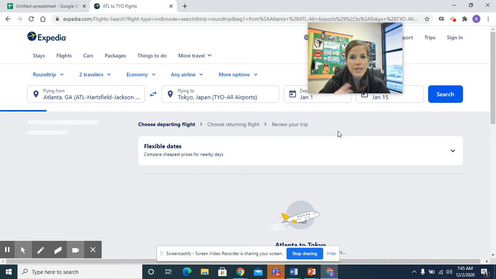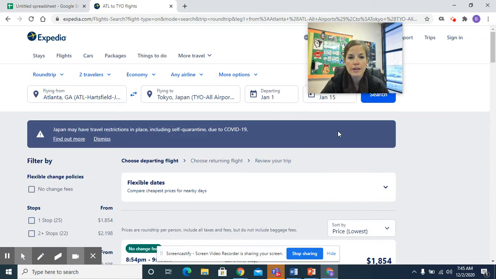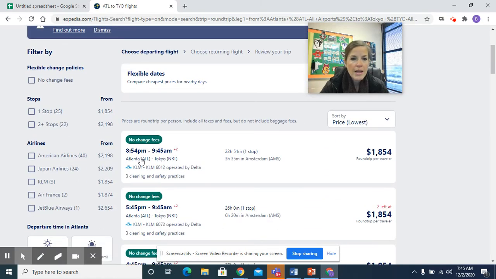Now, this is a database, so it takes a second to gather the information, searching a variety of airlines. The airline is the company that operates the airplane. We have popular airlines like American, United, Allegiant, KLM. You all should have heard of those. I'm going to scroll down and see what my results are. Over here is where the information lives. This flight leaves at 8:54 p.m. The airline is KLM, and the round trip amount per person is